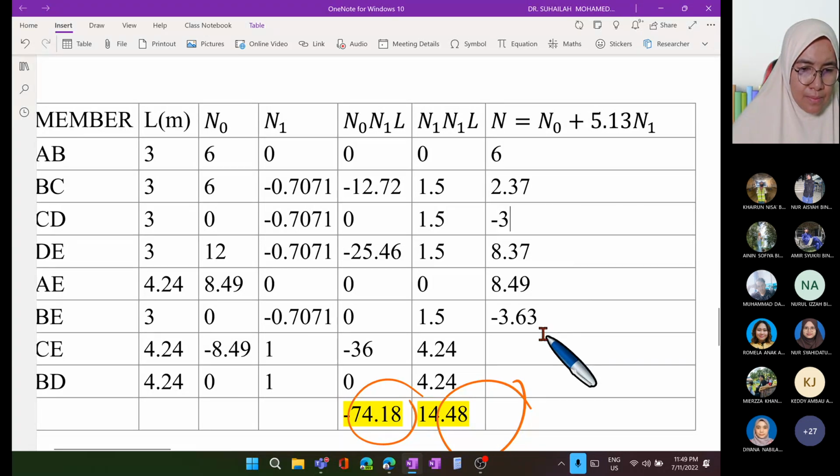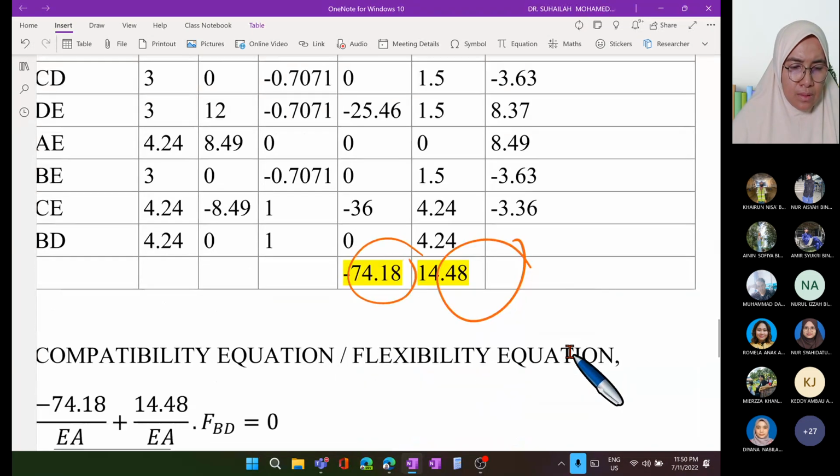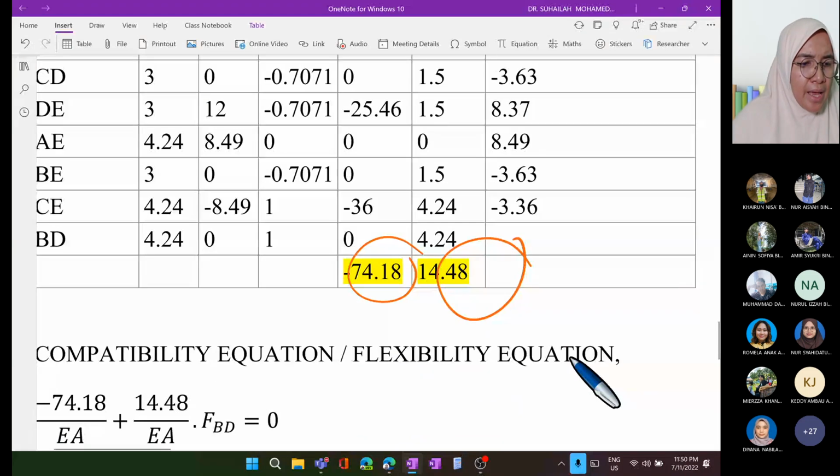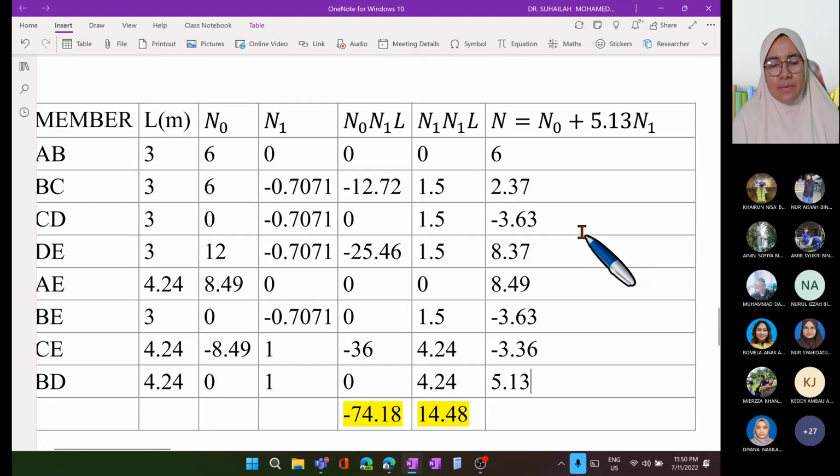Okay, next. 3.63. Okay, next. Negative 0.36. Negative 3.36. Is it 3? 3.36. This one? Okay, 3.36. And another one? 5.13. 5.13. Okay, make sure you calculate the right answer based on the formula that we get from principle of